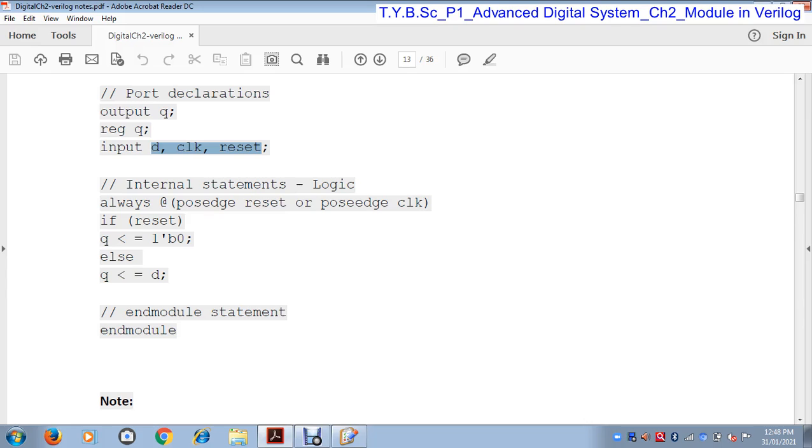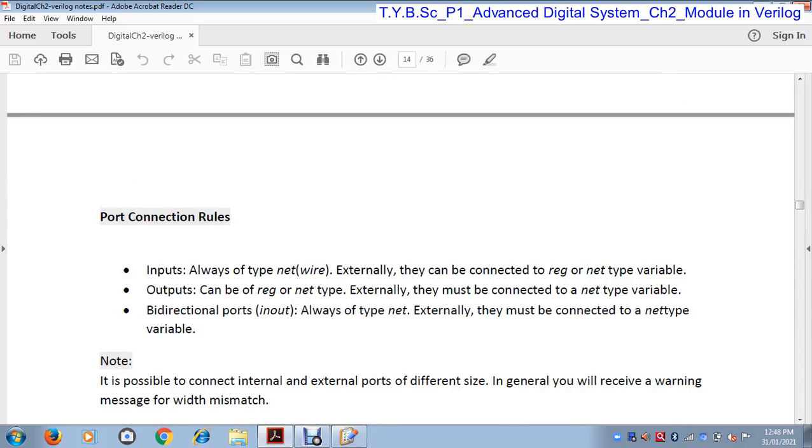So an input port variable can be connected to a register type variable or a net type variable. Here Q is a register type variable and a net type variable. So input port variables can be connected to a register data type variable or a net data type variable.